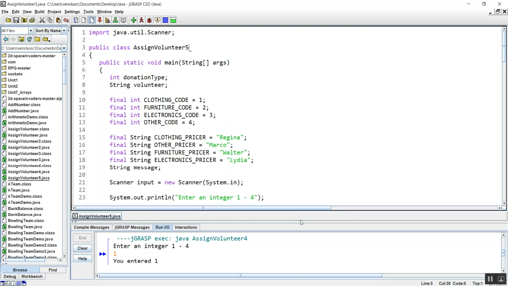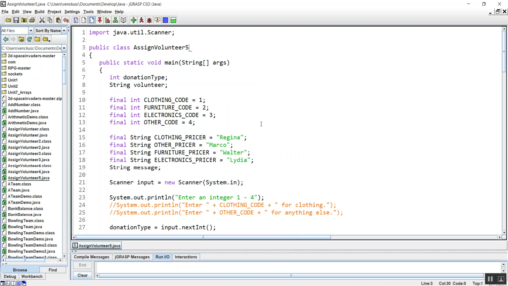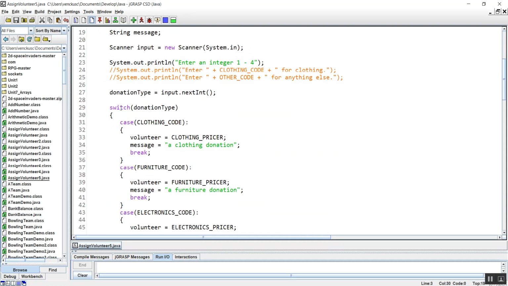Oh, I don't have it. Good. So overwrite that, or clear that. Come down. Okay. So we're going to get the code, but before the switch structure, so right here,